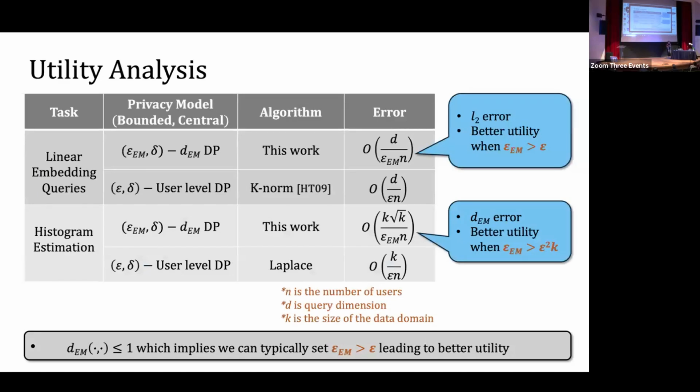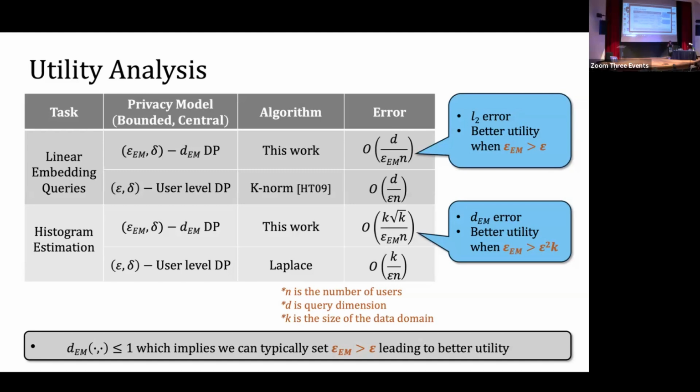For this, we instantiate our general purpose mechanisms with specific concrete queries and compute the precise utility. Now, recall that the earth mover's distance is bounded by 1. So a direct implication of this is that we can set our privacy parameter to be large in practice. And this gives us utility improvement, specifically for the class of linear embedding queries, which means that the data is